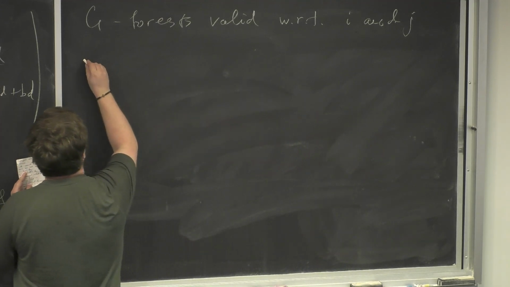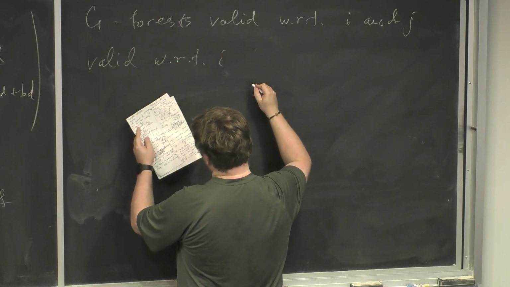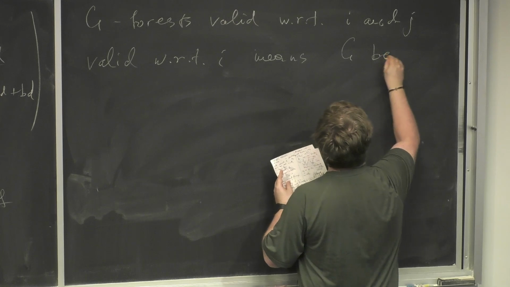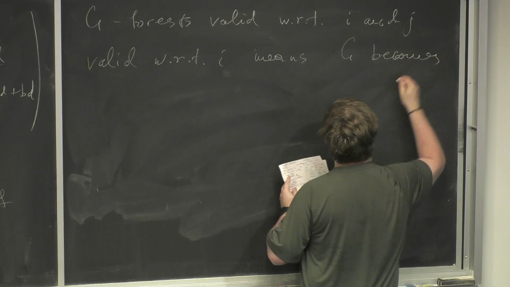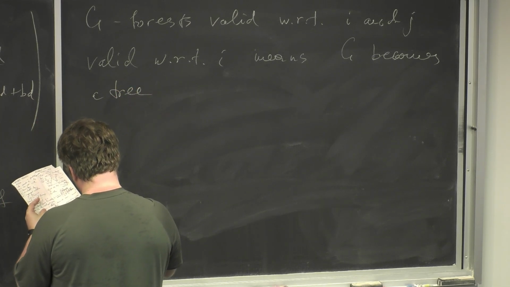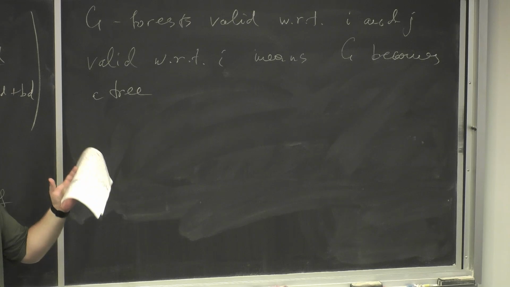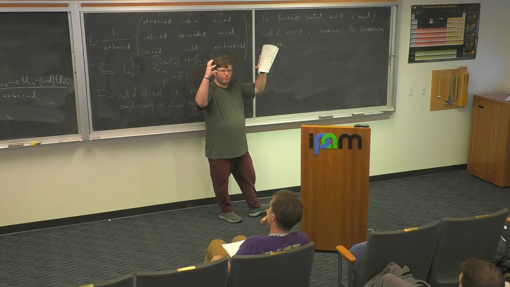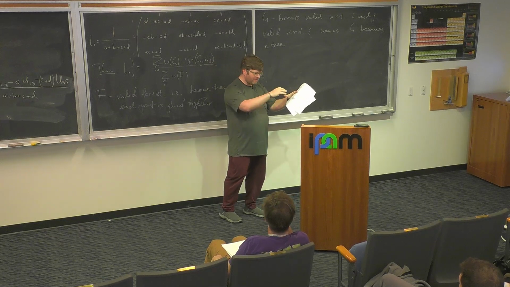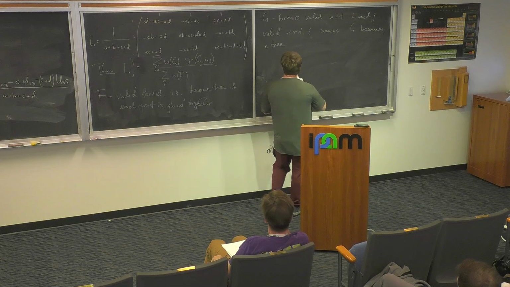To be valid with respect to I means G becomes a tree if all vertices but I are glued to the root. So we do almost all the lumping we could do. We again glue each superport into one thing, except there's this one guy I who has his own superport. So everything else in the superport you glue together, but this one I you don't glue to anything. So it becomes a tree